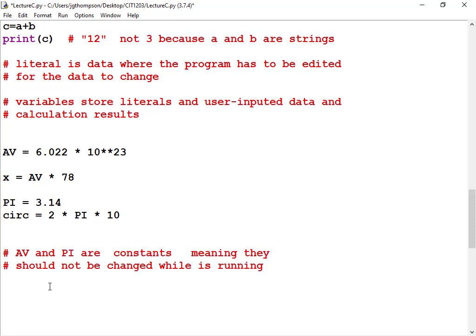But we should not come back down here later and say pi equals 3 or AV equals the average of test scores. Because if I do that, then it's no longer Avogadro's number. Avogadro's number? Yeah, in this avocado number. No, that's a joke. Avogadro's number. In this language,